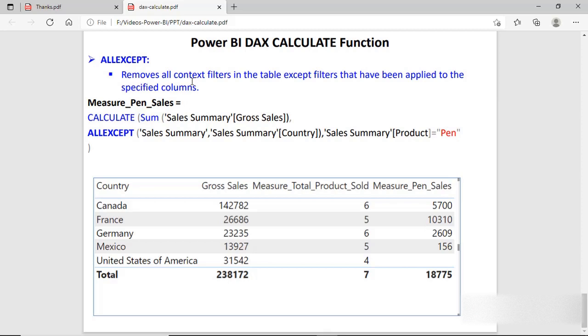So in the syntax you can see ALLEXCEPT, and we have a filter that is the country. It means it will keep the filter for this country field and remove the filter context from the other fields.